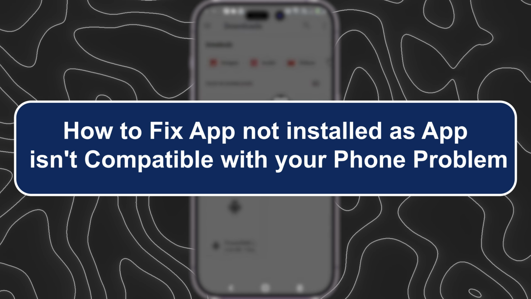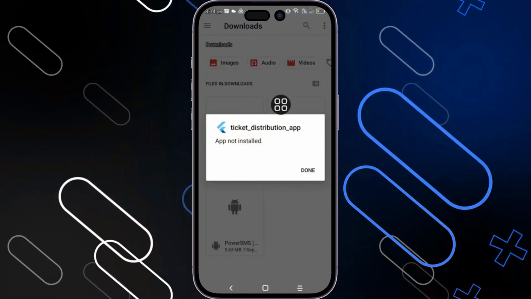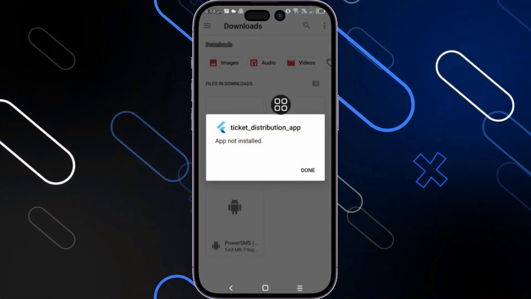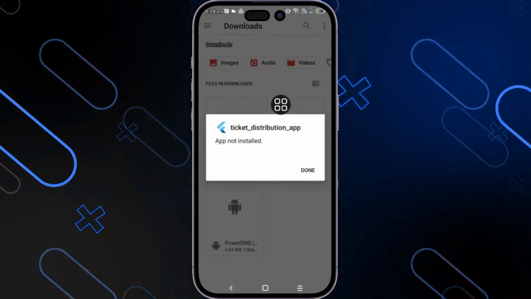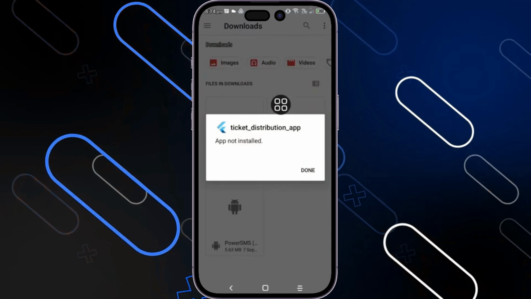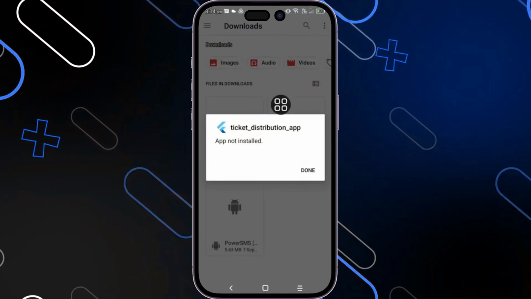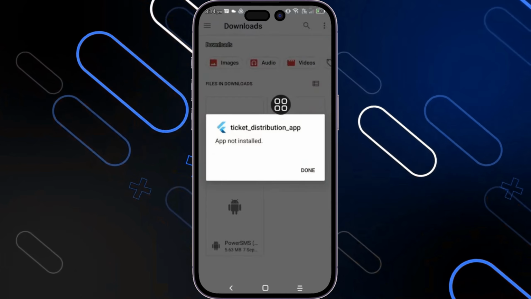your phone problem. First, you need to know that some applications cannot be installed on your phone because of your phone specs. So you may have a very old phone, so at this point you may have to upgrade your phone. But in this video, I'll show you the software side that you can actually do in order to